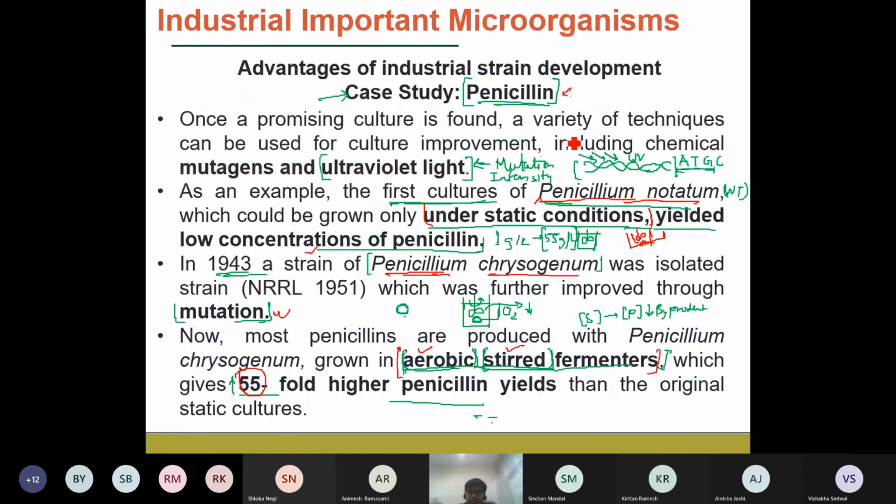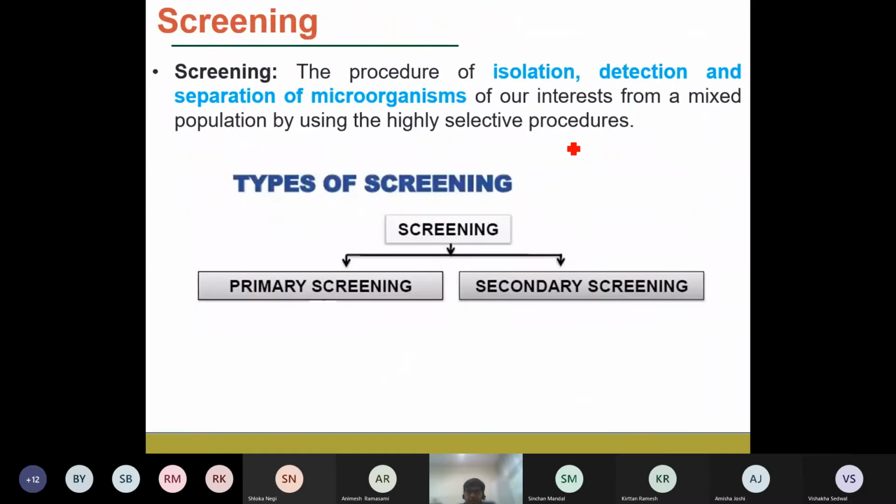Today we just talked about the extraction of microbes, for example, from the milk, or from the curd, or from the cheese or any other thing. So how do we extract our desired microbes from any particular source, and then how do we modify those microbes so that they can be used in industrial systems? Okay, so what does the term screening mean?